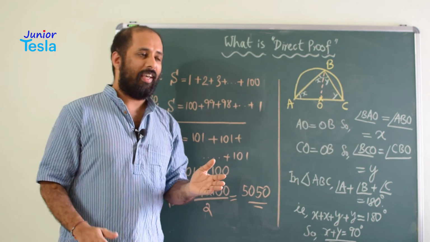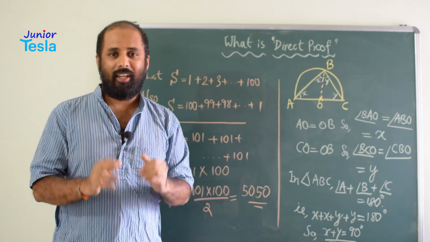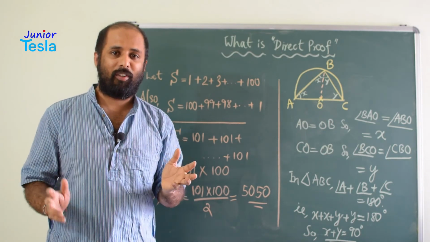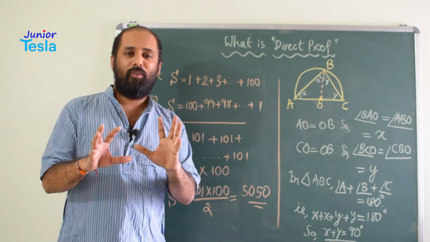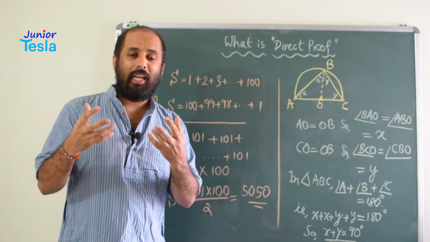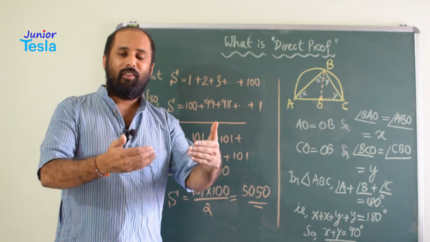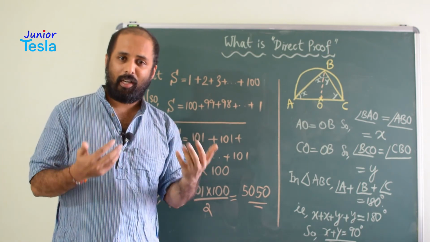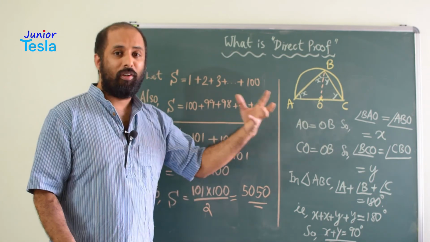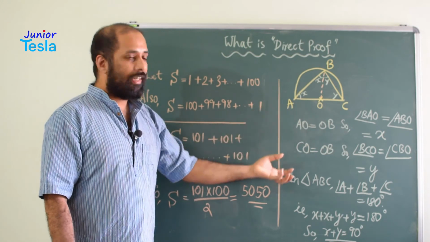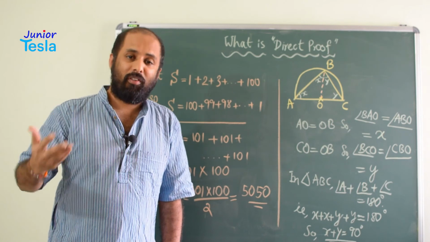That is why we say the angle inscribed in a semicircle is always a right angle, because the value x plus y is equal to 90 degrees here. So this is actually showing you how we can prove any result in mathematics using the direct method. What we do here is we take some well established, already proved statements, statements that can be used to prove some new result. We write a series of statements, and finally we come to a conclusion which establishes a new result.